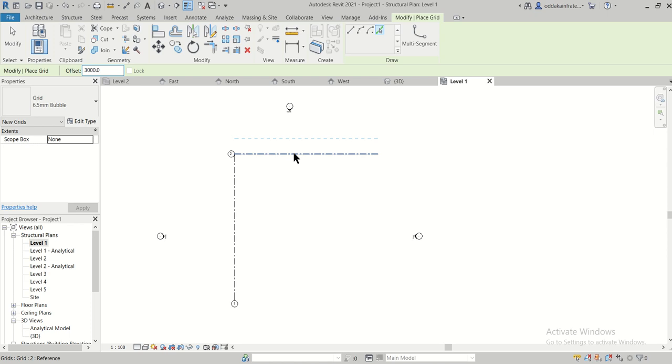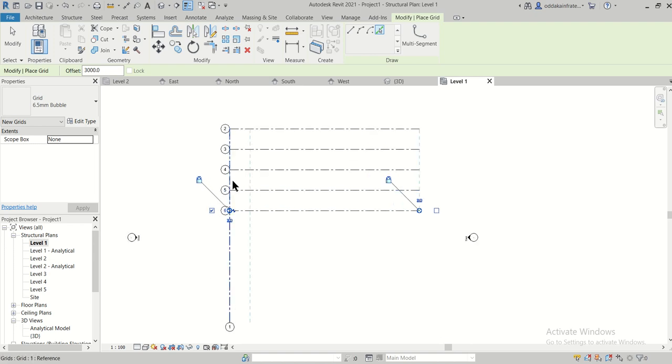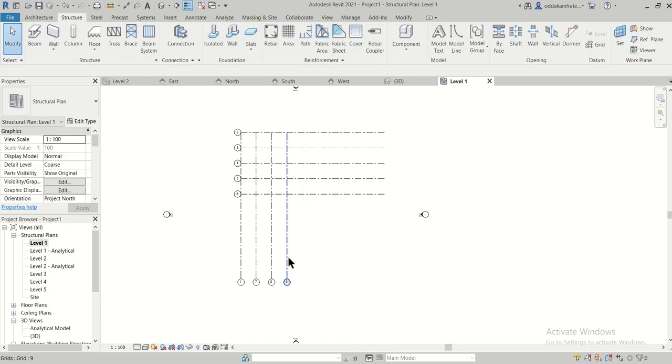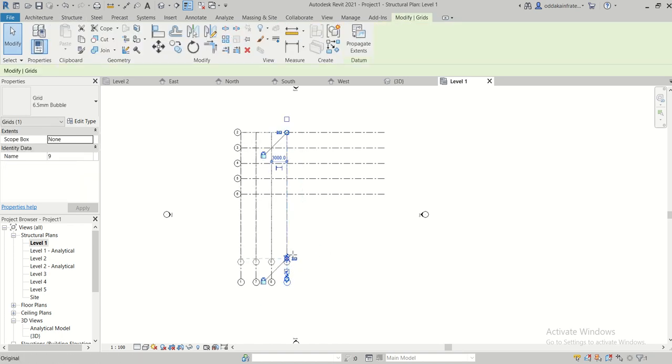So I'll just place the particular spans here, 3 meter spans. Let's give some four spans of 3 meter here, and here also let's place some spans of 3 meters. So I think this should be enough, and any of the extra lines, just click on double escape 2 times, and any of the extra lines can be simply shortened here like this, and here also can be shortened